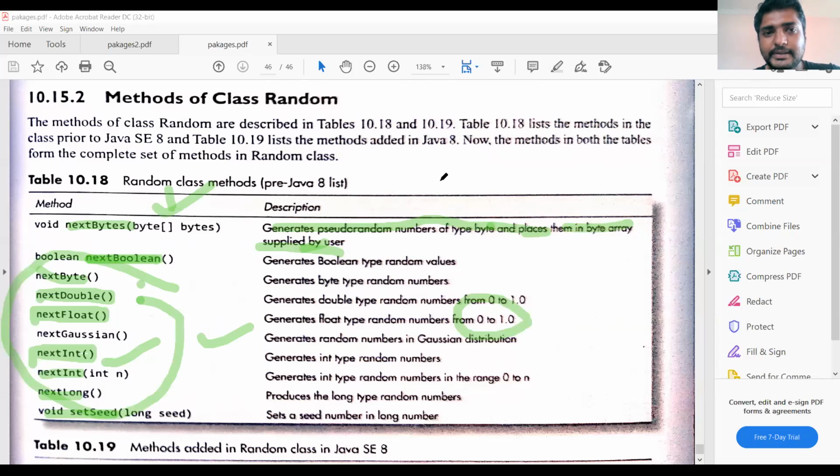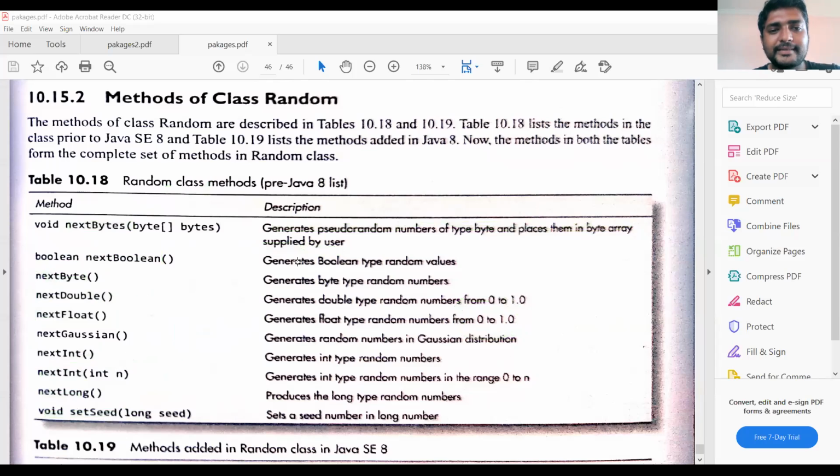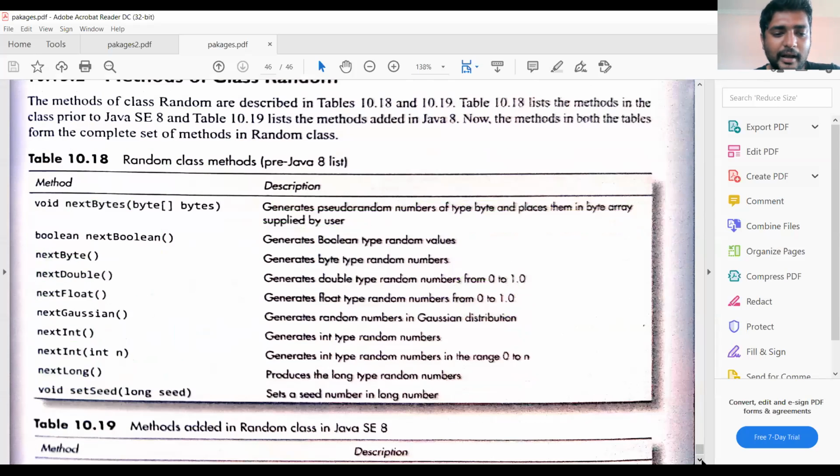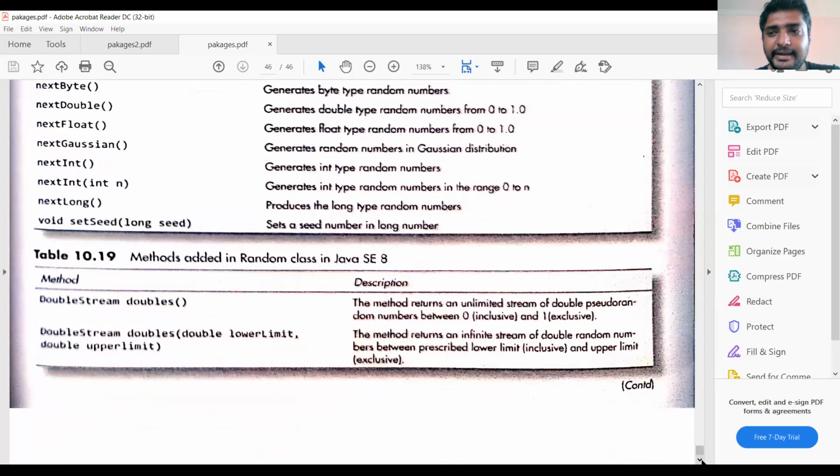These are some widely used methods in the Random class. And after Java version 8, many methods were added in the latest versions of Java.